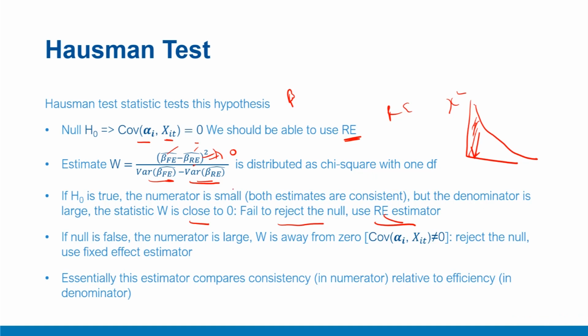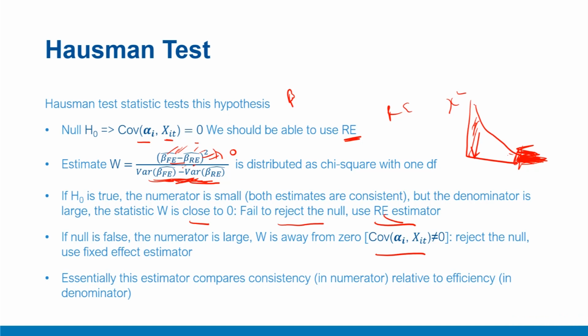However, we reject the null in the case where both the estimators are not consistent, and therefore there is a substantial difference between them. The difference is so large that not only is it much larger than the differences in their variances, it is so large that we are in the rejection region. We are able to reject the null hypothesis, which leads us to believe that this covariance is not 0, because that is the case when both of these will not be consistent. Fixed effect will anyway be consistent,